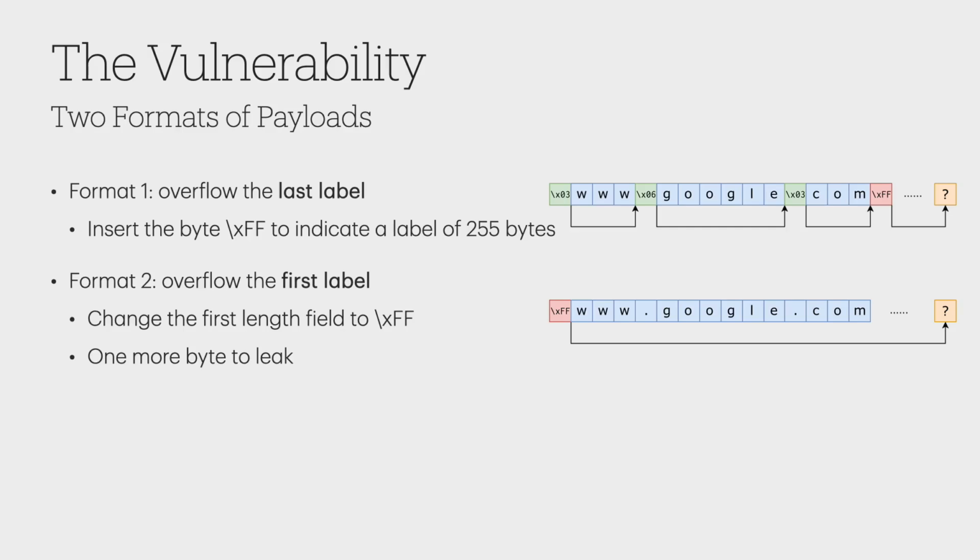The injector converts the domain name to strings before matching the block list, so it could also trigger the censorship, although it was not a legitimate representation of domains in the DNS protocol. Because the packet injector limited the size of the responses, we could leak 1 more byte with format 2. And, as we will show later, payloads in format 2 had a higher success rate.